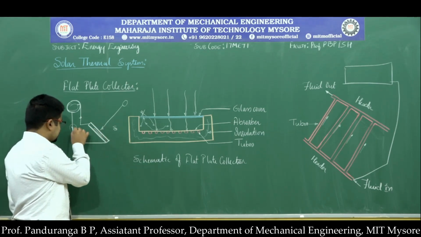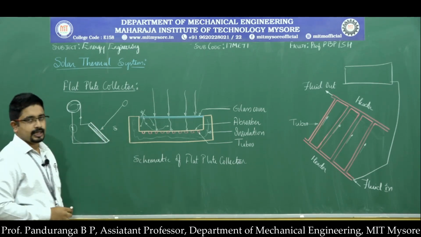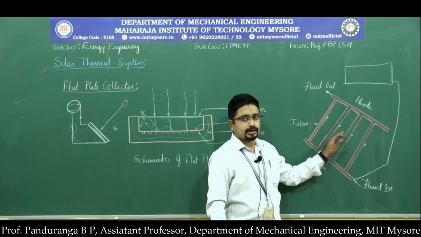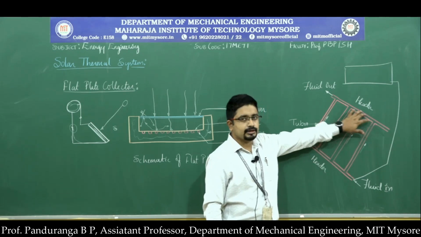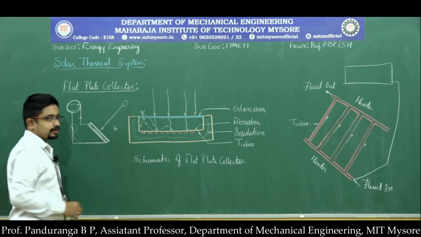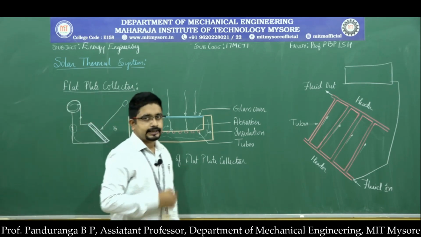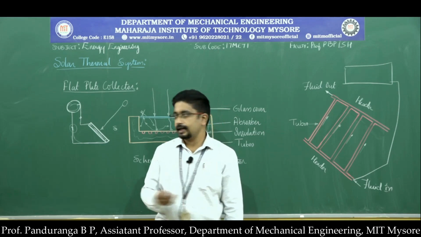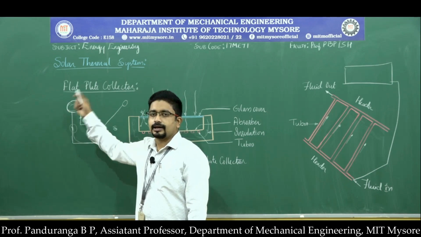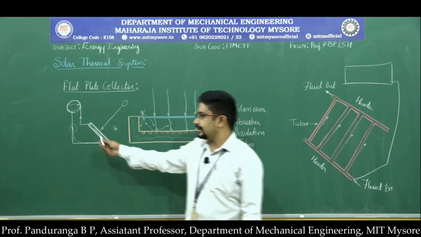Because of that, this water pushes the hot water towards the top of the tube, and at the top of the tube we have another header where all the tubes converge, and from here the water will be taken out. So here you will have the top header and here you will have the bottom header. From the top header the water will be taken back to the tank, and this cycle will continue. The flowing of water through the flat plate collector and the tank will continue as long as sun or heat energy is available to heat water.